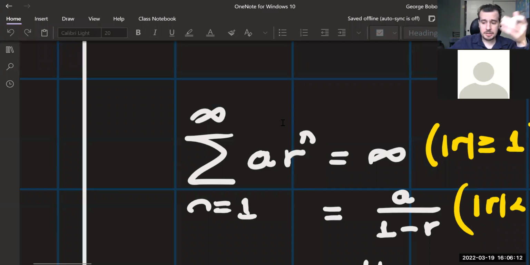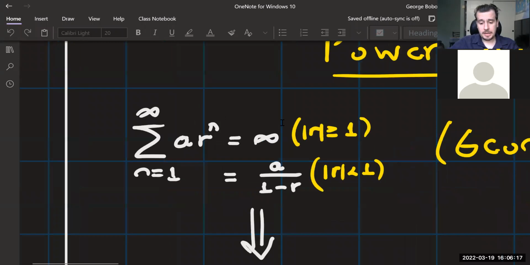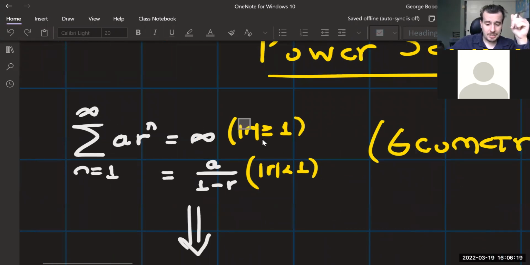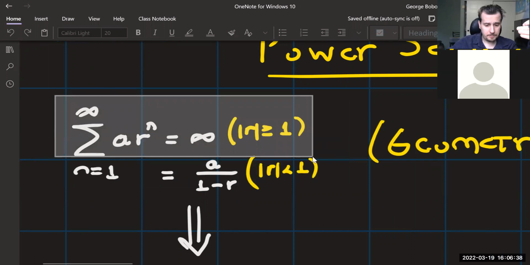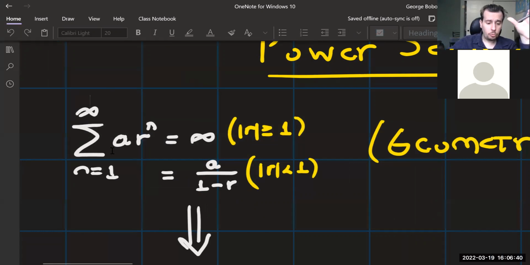And for this again to be convergent, you have to be careful so that the size of R is less than 1 if it is convergent, right? If the size of R is greater than 1, then it's going to be divergent. So here's the thing. This will come back when we're doing an interval of convergence and radius of convergence. But you start from here, okay, from this guy, and you only will work ever with this case here when